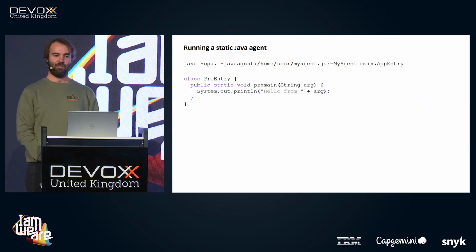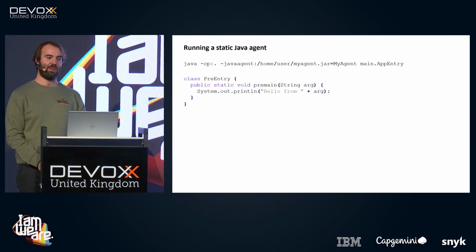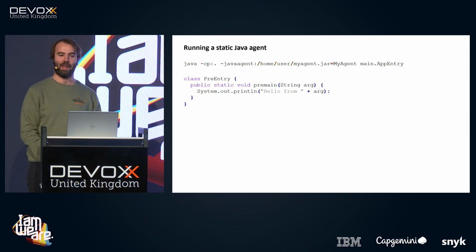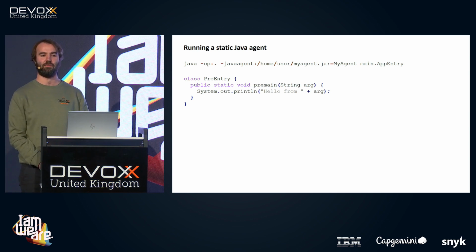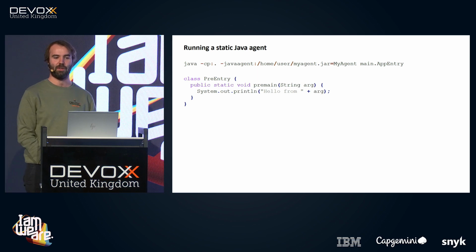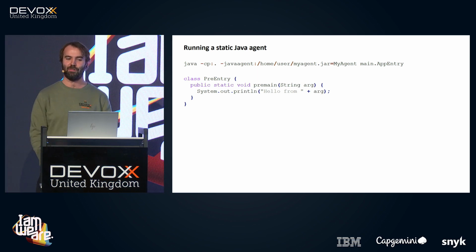So what does a Java agent look like? As suggested, you say public static void premain, and then you take a single argument, not an array of strings, but a single string, which is the thing you can append on the command line. So you write java -cp for class path, and then you specify the jars you want to have there. And then you also write -javaagent, and then specify where your agent lives. And then you provide the argument, which will be here my-agent, and then the agent will print hello from